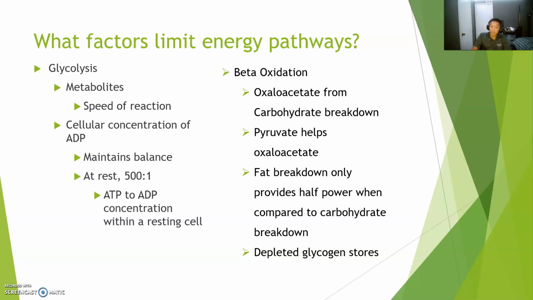There's a saying in the textbook that says fat burns in a carbohydrate flame. So that makes a lot of sense. It's also important to note that fat breakdown only provides half of the power when compared to carbohydrate breakdown. So that means that muscle aerobic power must decrease if we have a decrease in our glycogen stores, just because that's one of the first things we're going to use. And because of that, we have to rely on other sources, i.e. glycolysis, to